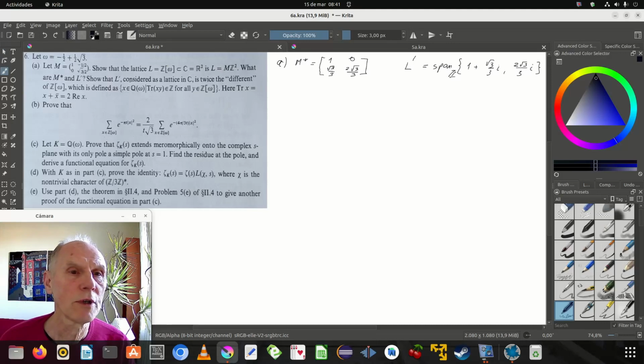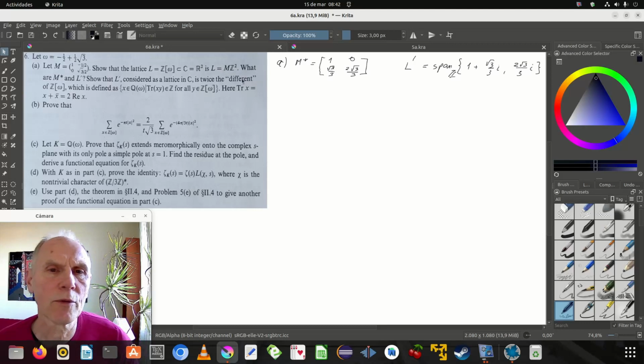we shall show that L as a lattice and this tries the different, what I usually consider the different. We'll just have to check that first, and then we can use this definition afterwards. That omega, that's an extension of the rational numbers with this polynomial, and then the different